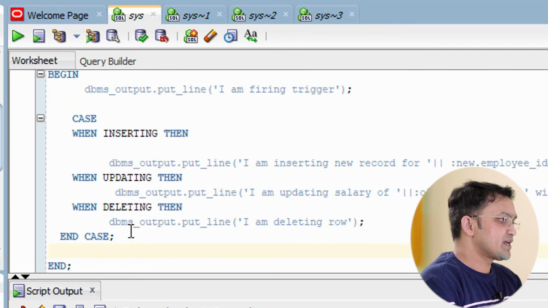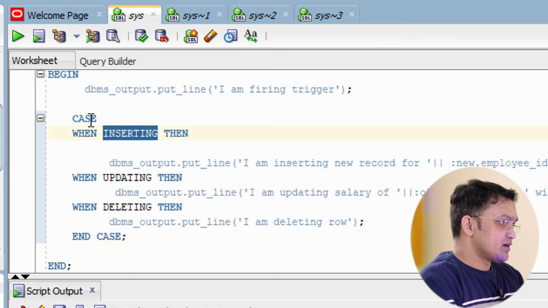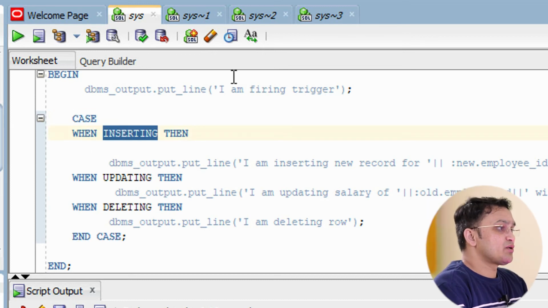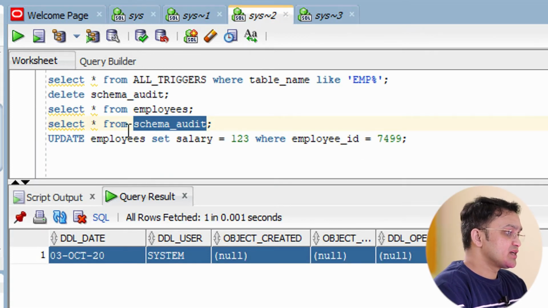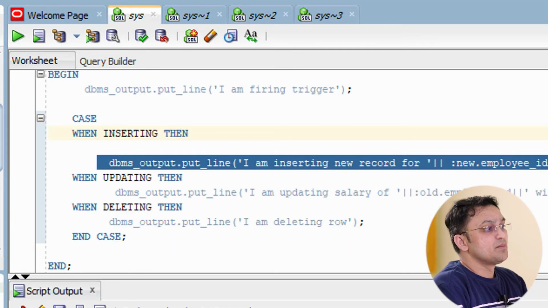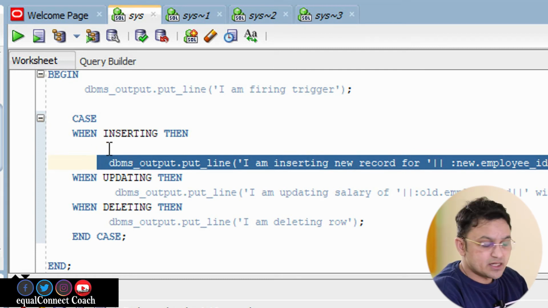Let me explain what I have written here. If I am mentioning a case like this, it says that if it is an insert operation, if I am firing the insert instead of the update, then only this piece of code, whatever lines I have written here, will get executed.